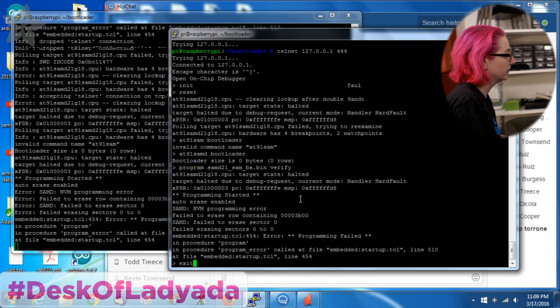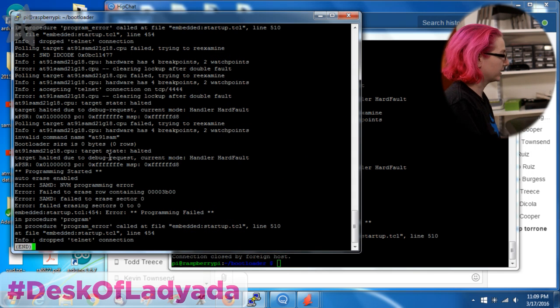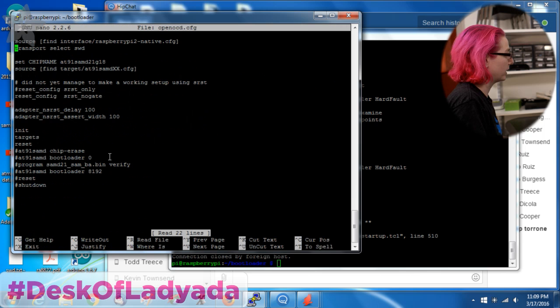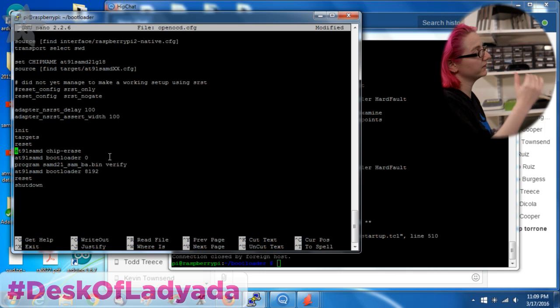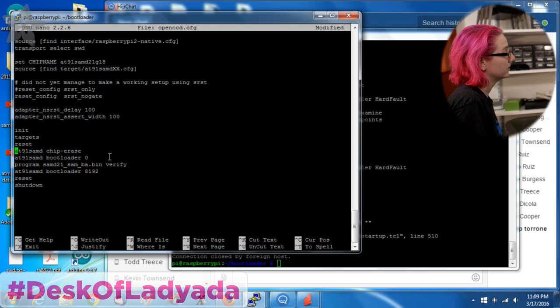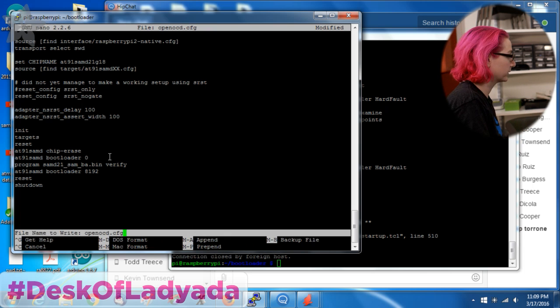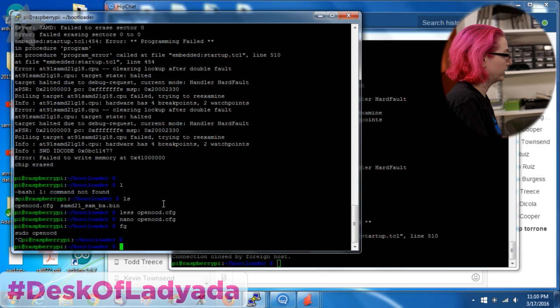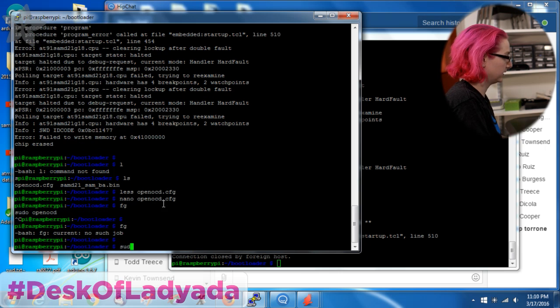That's kind of cool. So you basically learn the magic list of commands required. So this worked before. Let's see if it works again. You can also just tell in the OpenOCD conf all the commands you want to do. So this worked before. I don't know if it'll work again. So let me quit OpenOCD, and then I'll just run it. And then when you put shutdown at the end,